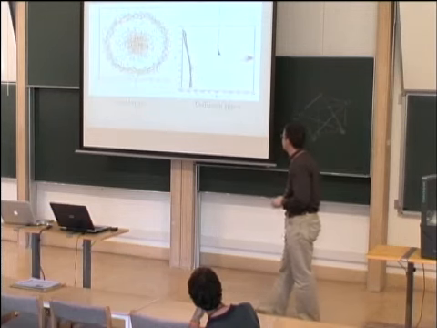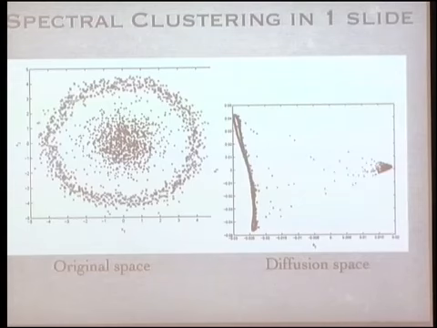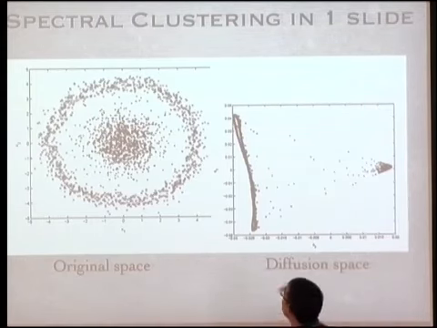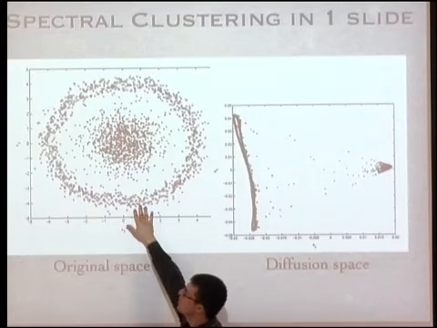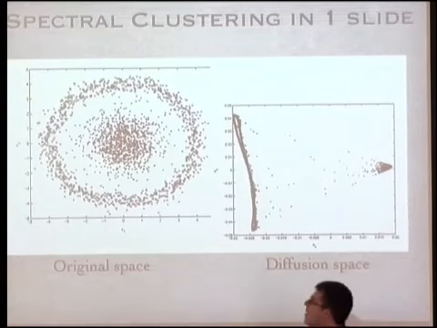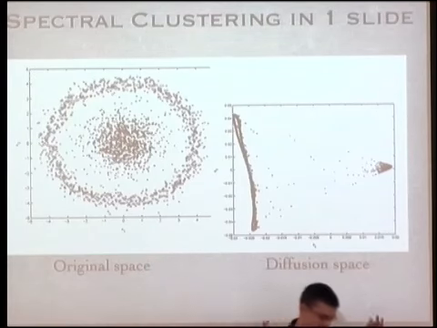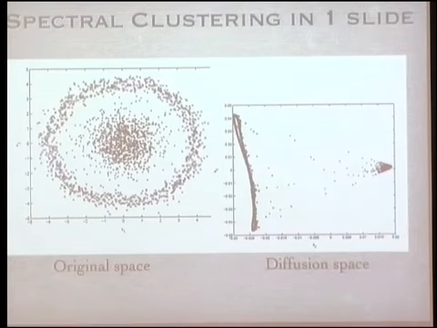And why is this useful? It's useful because it does some magic tricks when you want to discover clusters, and a little bit appeared in a talk yesterday. So this is spectral clustering in one slide. So suppose you have a point cloud like that, and you connect every point to the nearest 5 or 10 points. So you get a graph, and you would like to say that in that graph there are two pieces.